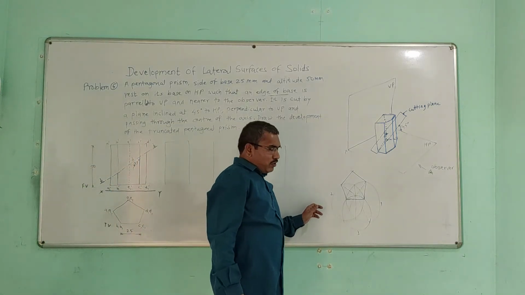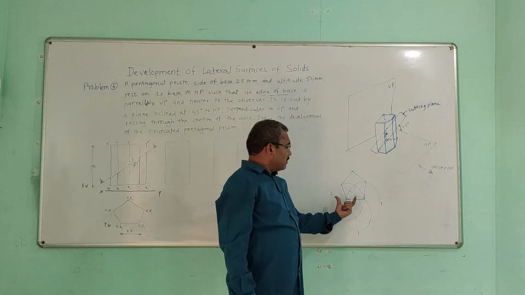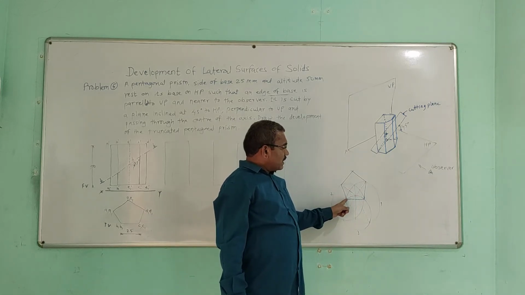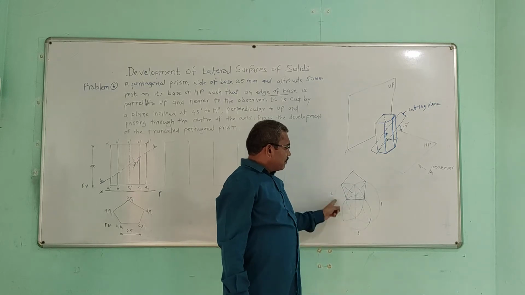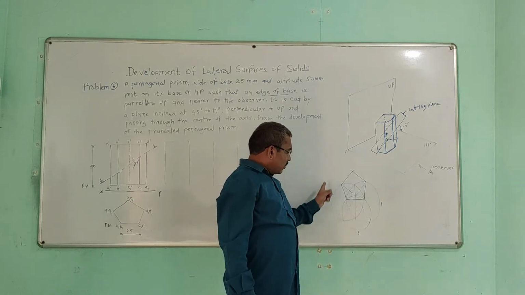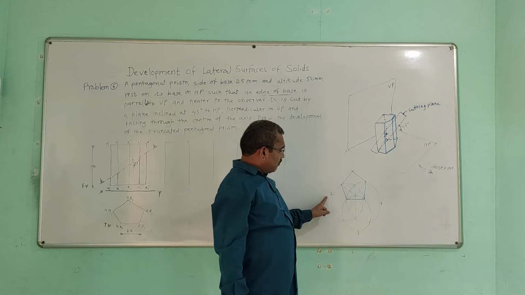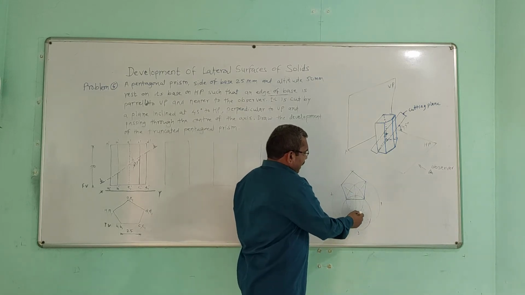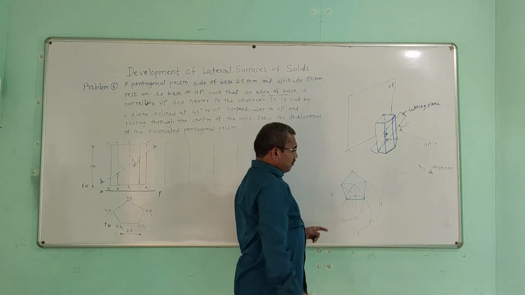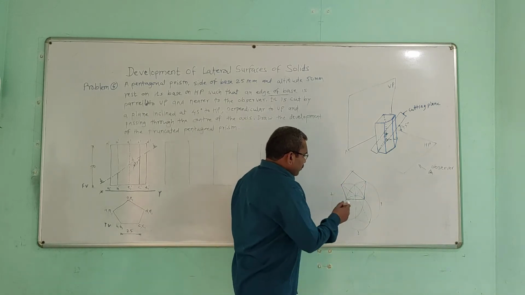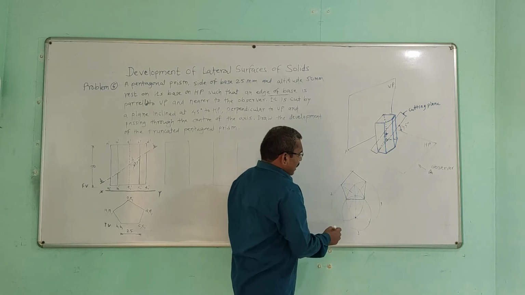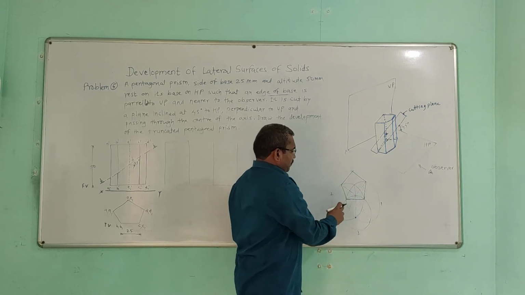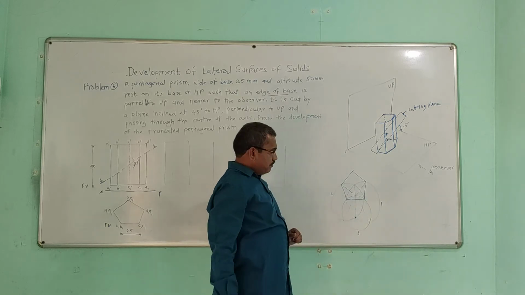How to draw this pentagon? The geometric construction of this pentagon is: first you draw a base edge of 25 with one corner as a center. Draw a circle. With another corner as a center, draw another circle. So circle number 1, circle number 2. Then you draw a vertical line passing through the intersection of circle number 1 and 2. Now you take this as a center and draw a third circle which will pass through these two corners.